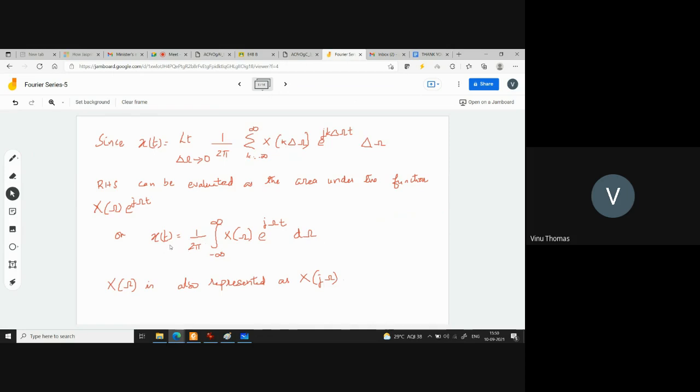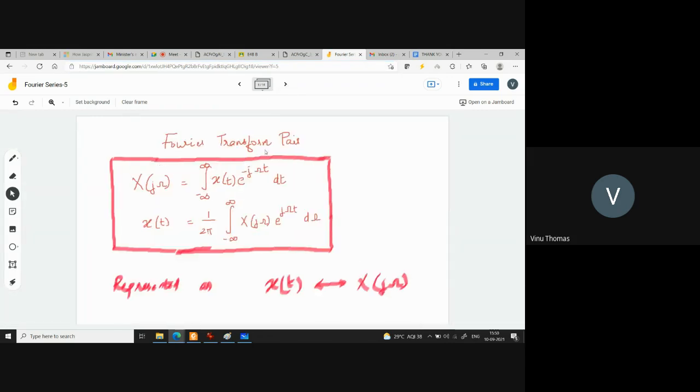So x of t I can write as 1 by 2 pi integral minus infinity plus infinity x of omega e raised to j omega t d omega. So now we will write the two equations, one below the other. One is for x of j omega. We started by defining x of j omega as equal to integral minus infinity to plus infinity x of t e raised to minus j omega t dt, and